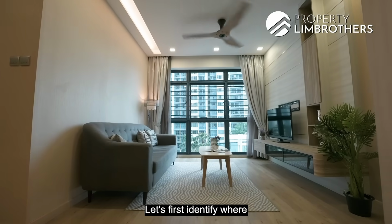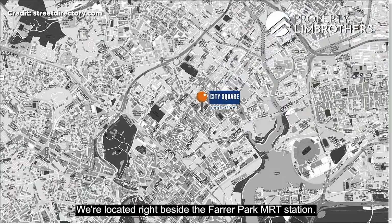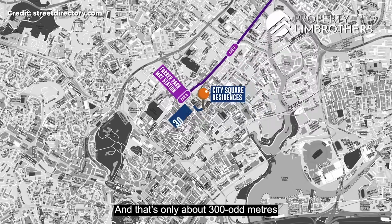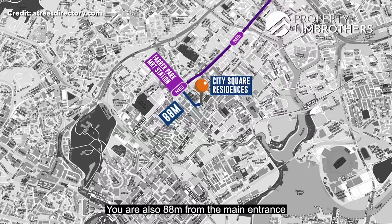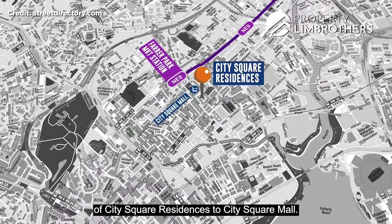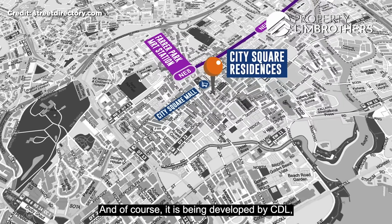Let's first identify where City Square Residences is located. So this is in D8. We're located right beside the Farrer Park MRT station, only about 300 odd meters from it. You are also 88 meters from the main entrance of City Square Residences to City Square Mall. So you get City Square Residences, you get City Square Mall, and of course, it's being developed by CDL, which